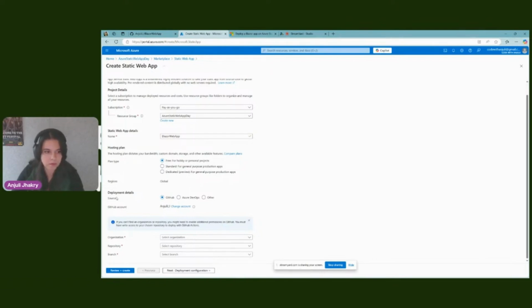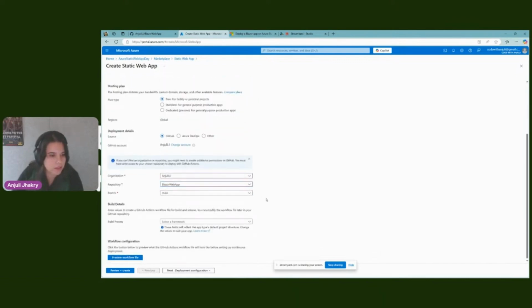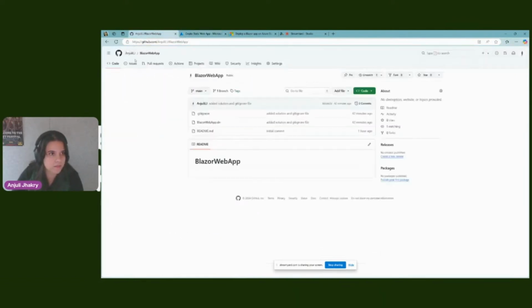If we look at the deployment details, you can choose where to get your code from. I've already done this before, so my GitHub account is already connected. But if it's not, then you'll see a sign in button, and then you'll have to sign in, and it automatically connects. After you've done this, you can choose an organization, well, just me. And then you can choose your repository, and hopefully by now it has pushed my code,